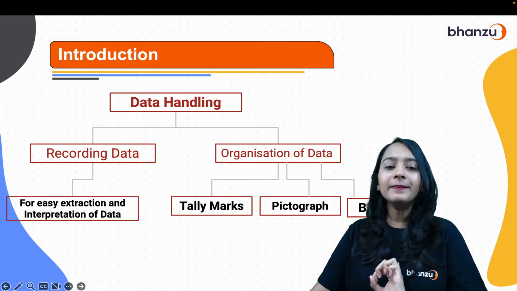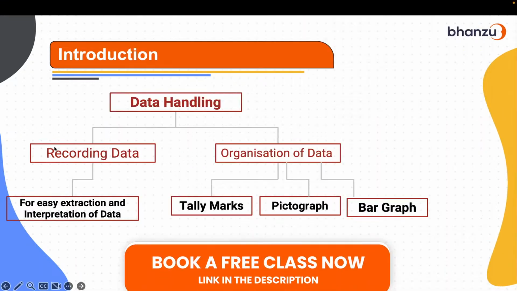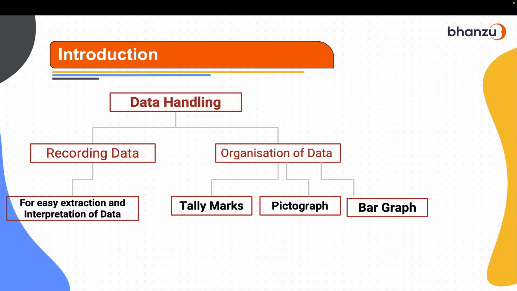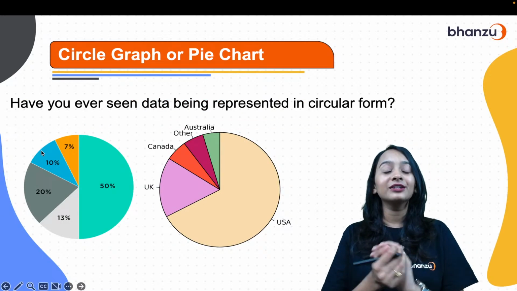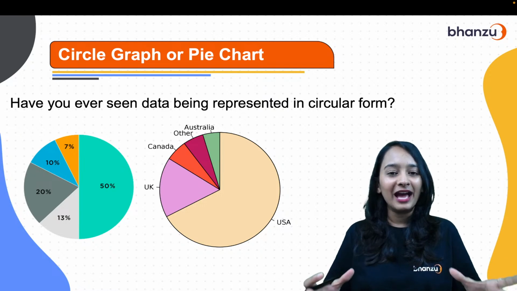So talking about data handling, let me disappear here for a minute so that you can look at the entire screen. Under data handling, we have already seen importing the data and organizing the data. Why do we have to record the data again? So that it becomes easy to extract and interpret any information out of it. And what are the different modes of organizing the data? We have learned about tally marks, bar graphs, double bar graphs, pictographs, line graphs, and so on, right? So in this chapter, we are going to learn about the circle graph, or famously known as